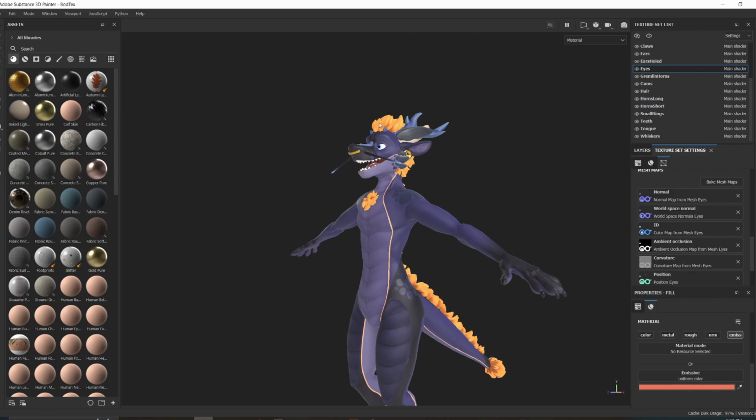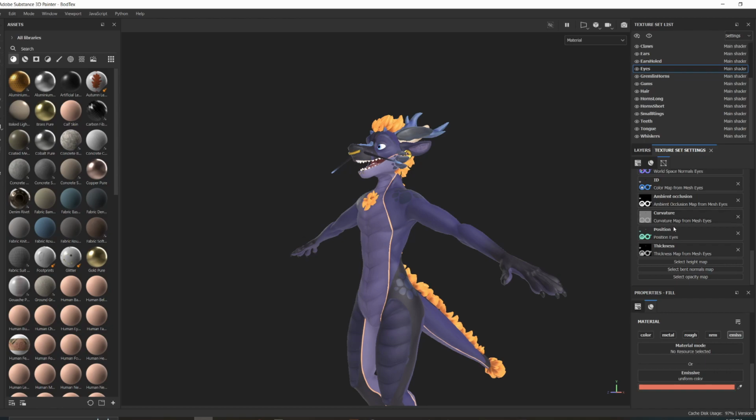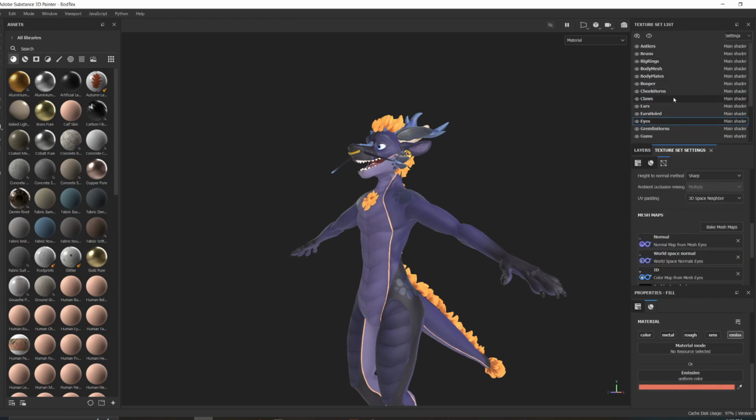So if you're just changing the color, I would recommend deleting all the normal maps, the ambient occlusion, the curvature, the thickness, and the position for all of these in order to make it run faster. But